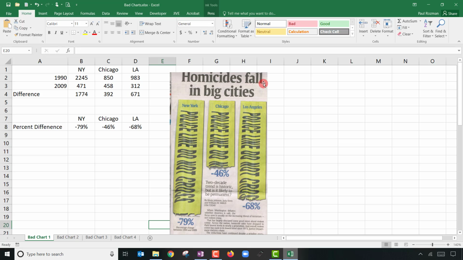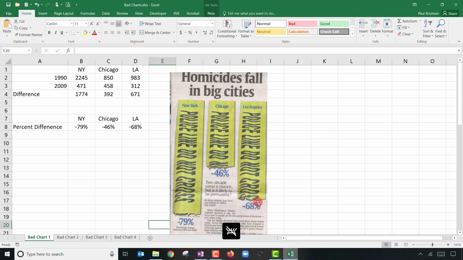And I thought, oh, here's my first lecture, the front page. And on the front page, there was this headline, Murder Falls in the Big Cities. And then it had this nice graph made out of police tape. And they said, New York, murder has dropped by 79%. Chicago dropped by 46. LA dropped by 68. Now,